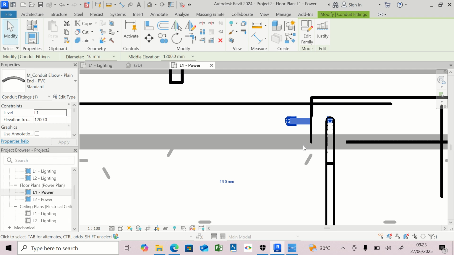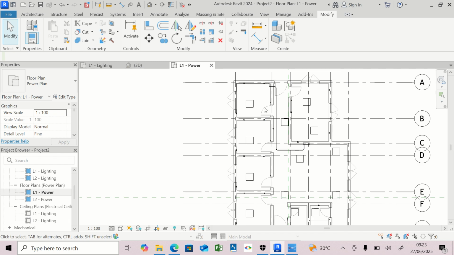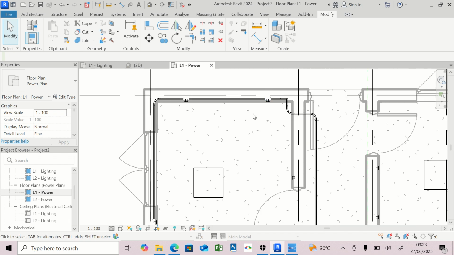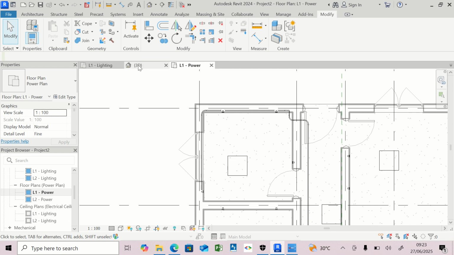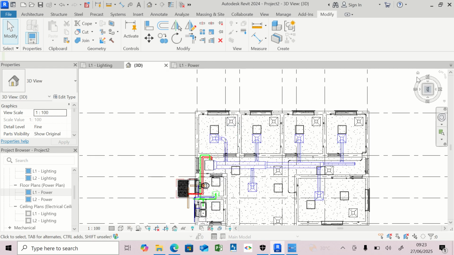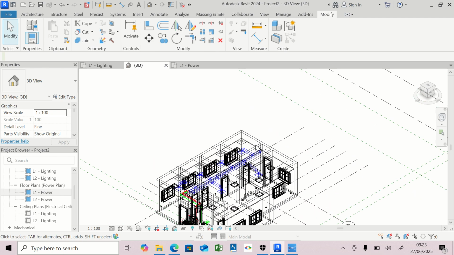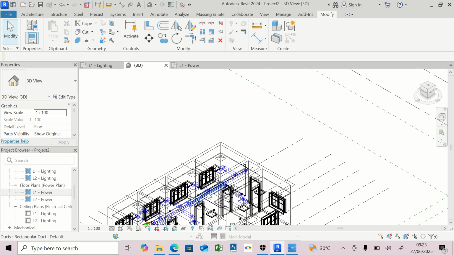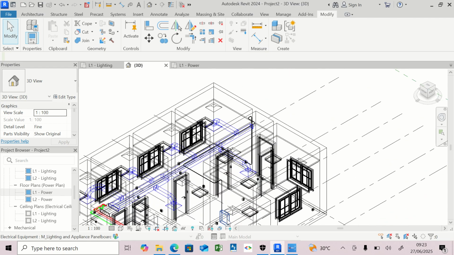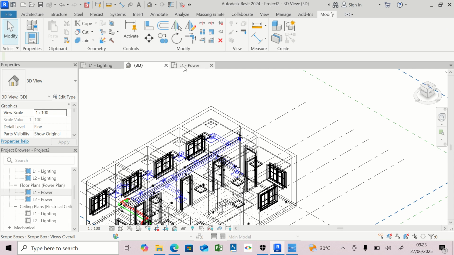All right, so we're able to draw a conduit that connects the various circuits down to this particular DB. If you check the 3D, you see what we've drawn. Go to isometric view and see how the conduit has been drawn. So it goes all the way, connects. So this is a radial circuit, so it goes straight and connects to where we have the DB. All right. So let's go back to